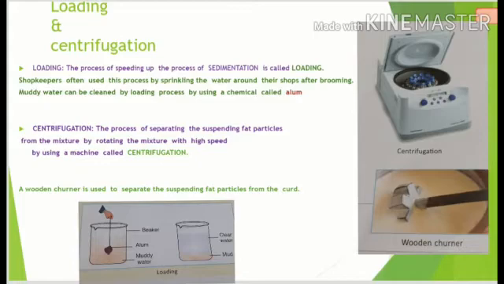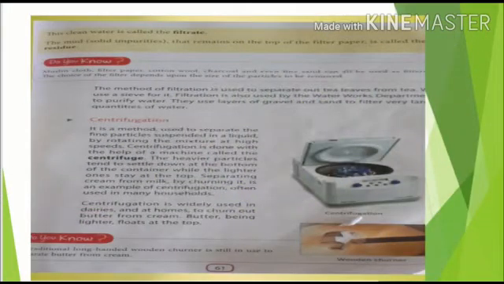Likewise, if you have muddy water in your home and are getting ready for school, what can you use to settle down all the mud particles as quickly as possible? By the process of loading, by using a chemical known as alum, as you are watching in the picture. So this is all about loading.